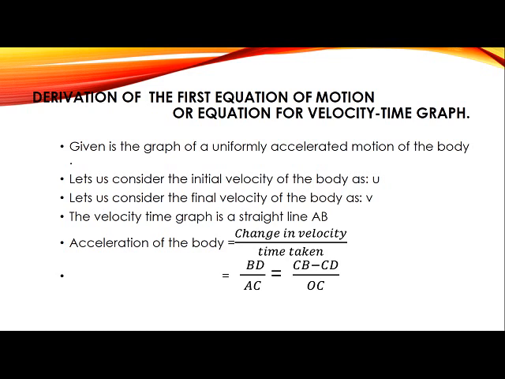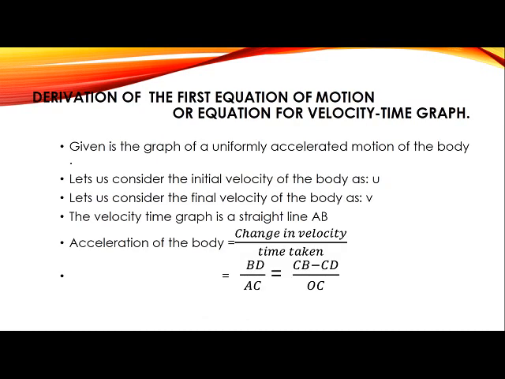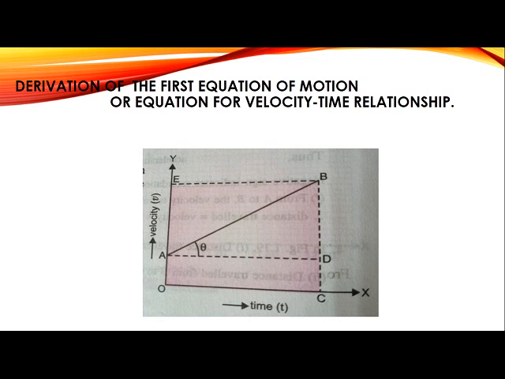Okay. Now, children, the line segment AB is actually also representing the acceleration which is produced. So, the acceleration of the body, how do we find it? It is equal to the rate of change of velocity divided by time taken. In my previous topic, I have already taught you children what is meant by acceleration. So acceleration is the rate of change of velocity with respect to time. So what is the velocity change here, children? BD, right? And what is the time? t, right? But we do not have the value of BD.